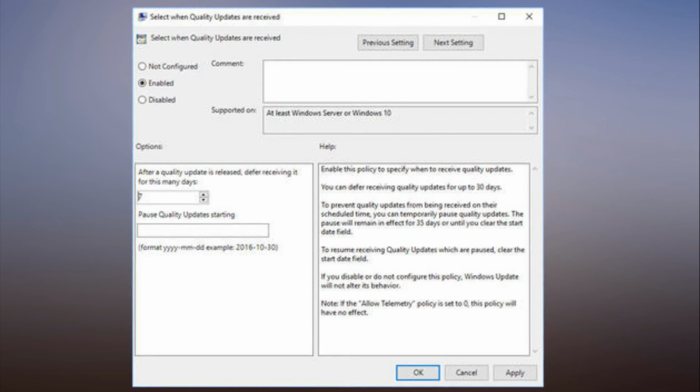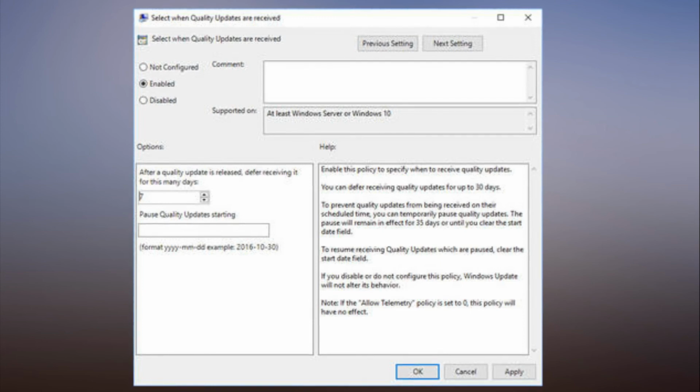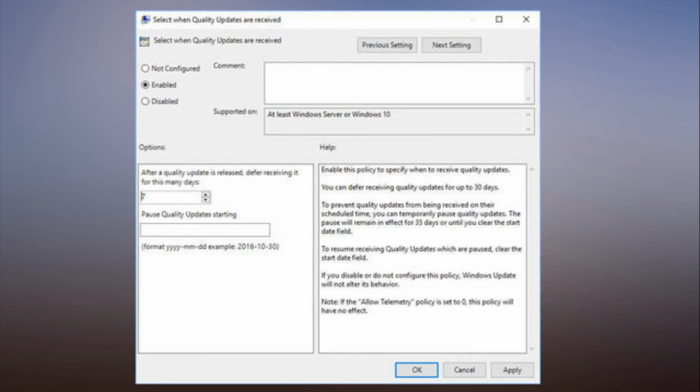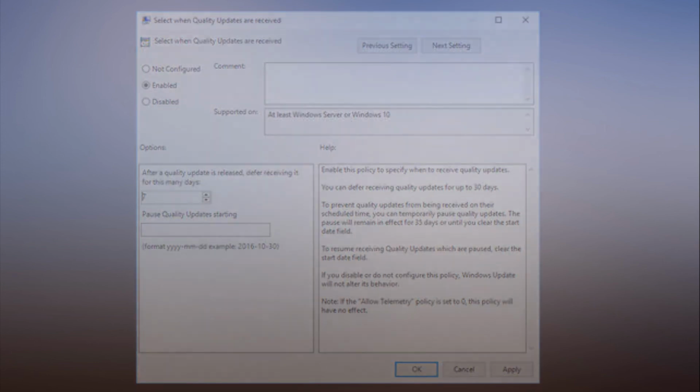Note that definition updates for Microsoft security programs cannot be deferred. If you install a non-Microsoft security program, its update controls take over and Microsoft's definitions are not downloaded. Ironically, one group policy option available only in Enterprise and Education editions causes these settings to be completely ignored. If Allow Telemetry is set to 0, that is, set to the lowest possible level, then Windows Update for Business